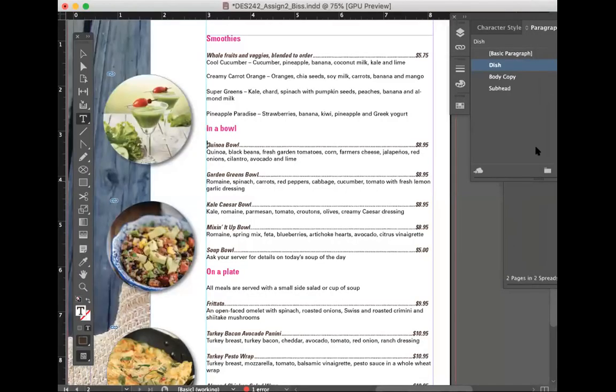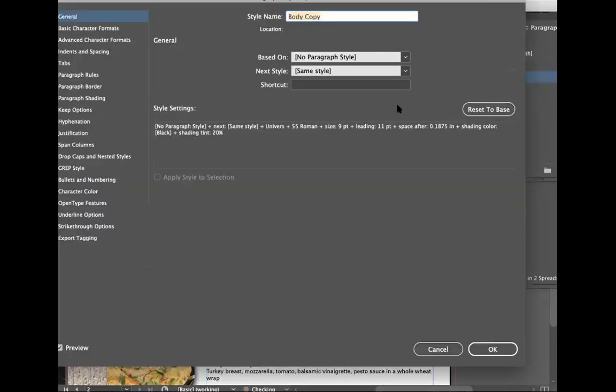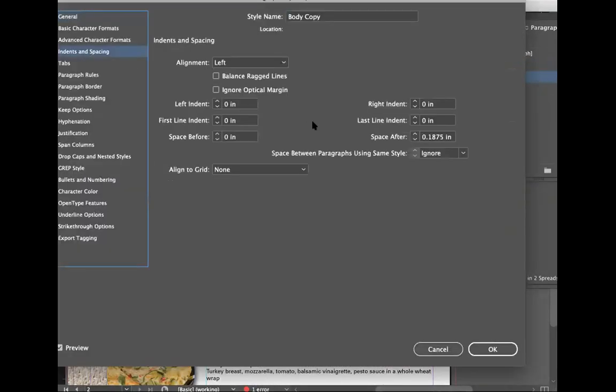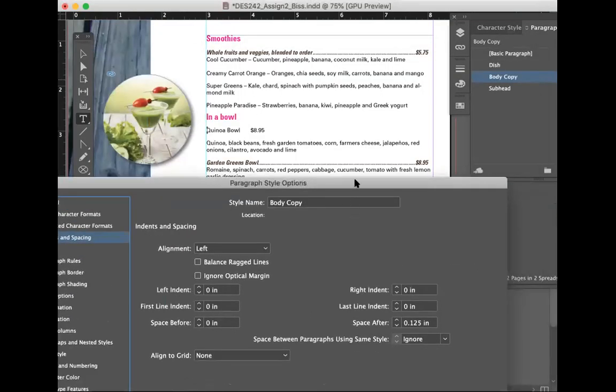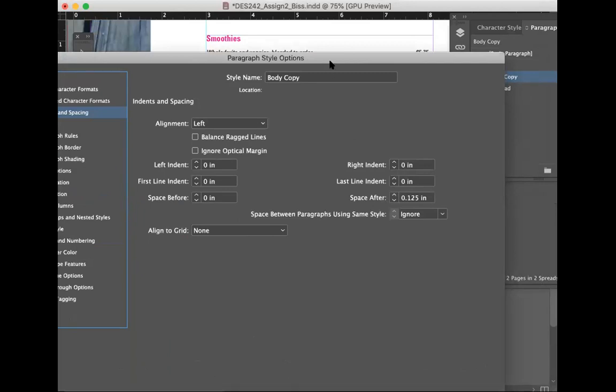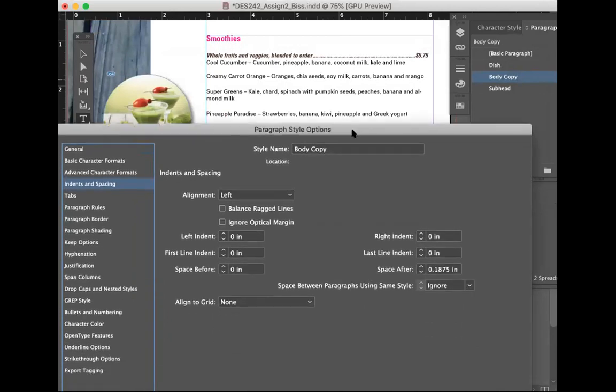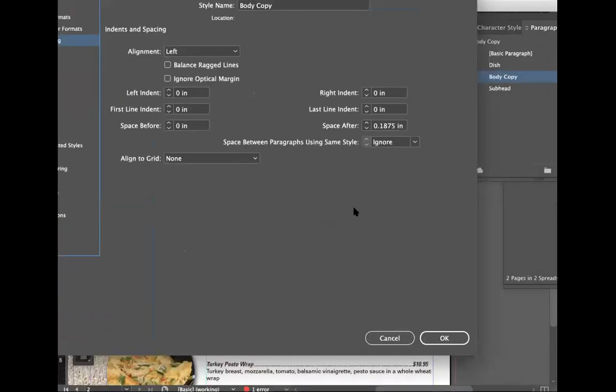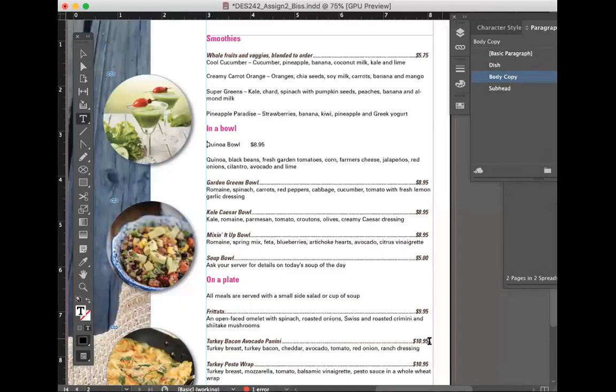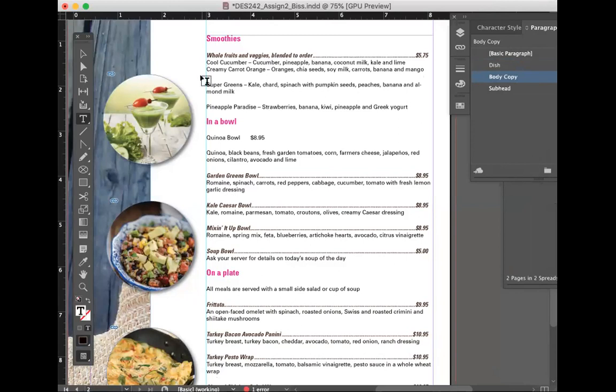We need our body copy selected. Let's pull this up a little bit so it's not so wide. Yeah, the only thing about this is because there are returns after that, that's kind of what's messing this up. Because we don't want these returns to be in there.